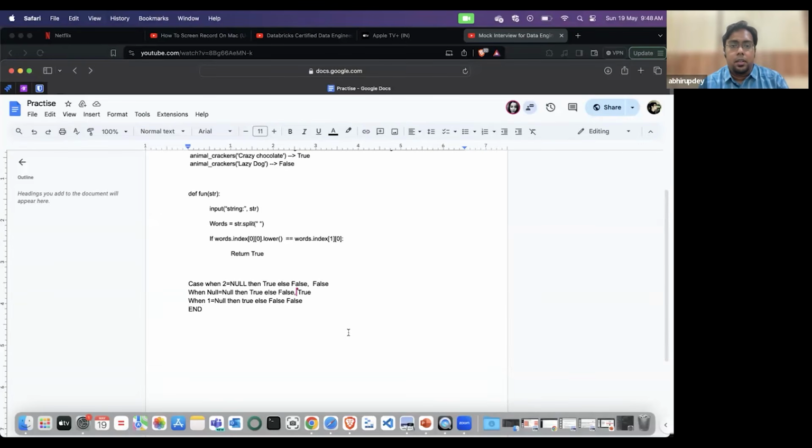Okay, one last question: what is the difference between rank, dense rank, and row number? Explain just with an example.